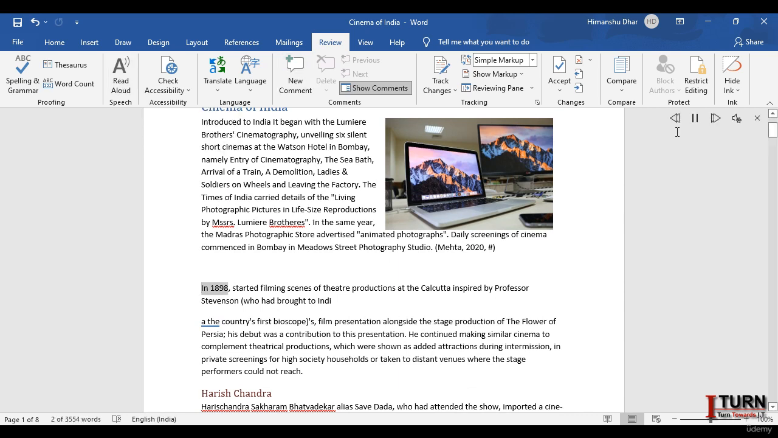In 1898, started filming scenes of theatre productions at the Calcutta inspired by Professor Stevenson, who had brought to India